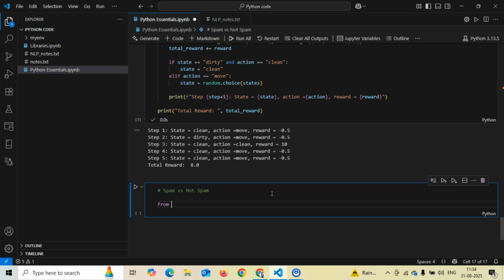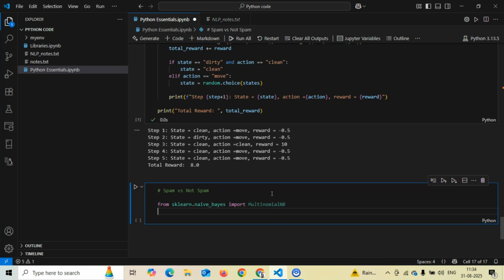I'm going to write everything; it is present in sklearn. Till now we actually understood this. So from sklearn.naive_bayes import MultinomialNB. From our library, sklearn.naive_bayes, we have imported this multinomial model.